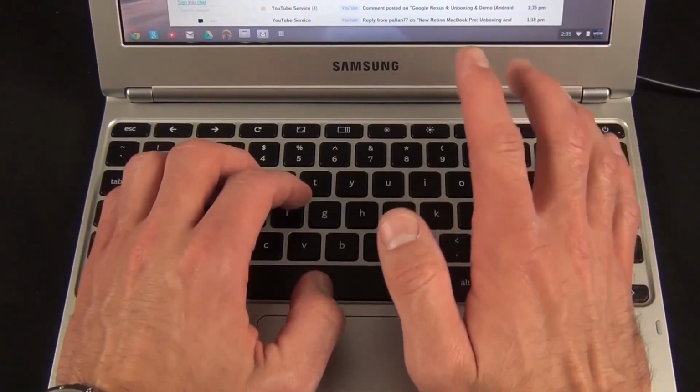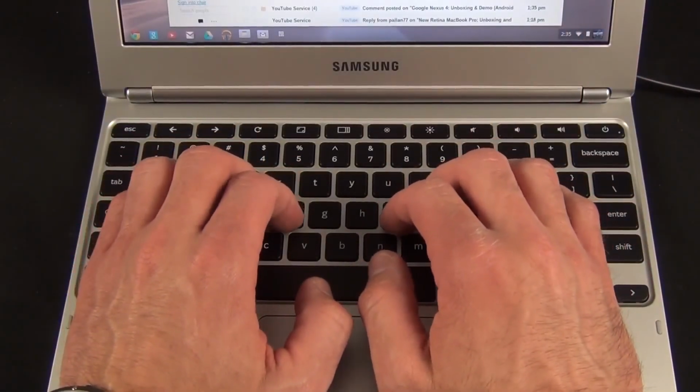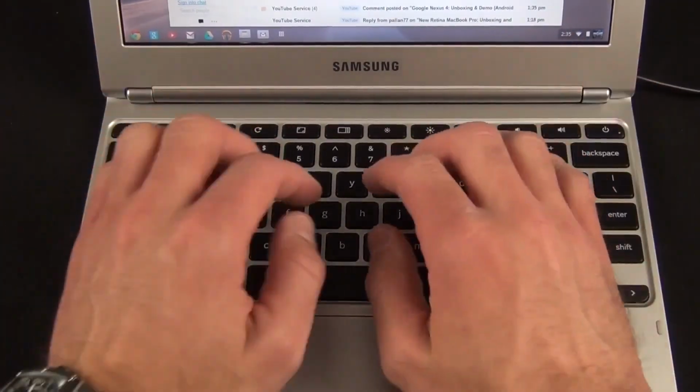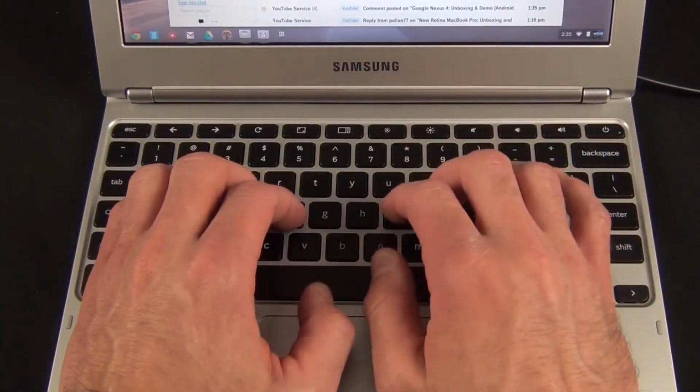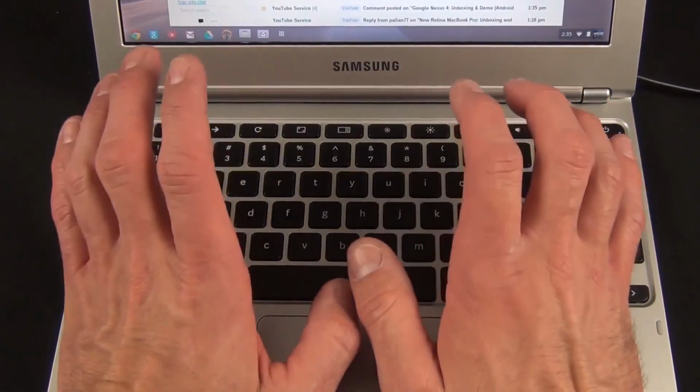Now the keyboard also feels pretty familiar if you're a MacBook user. There's very little travel to the keys, so it's not the best experience around, but it's kind of what you've come to expect with a very thin, low profile